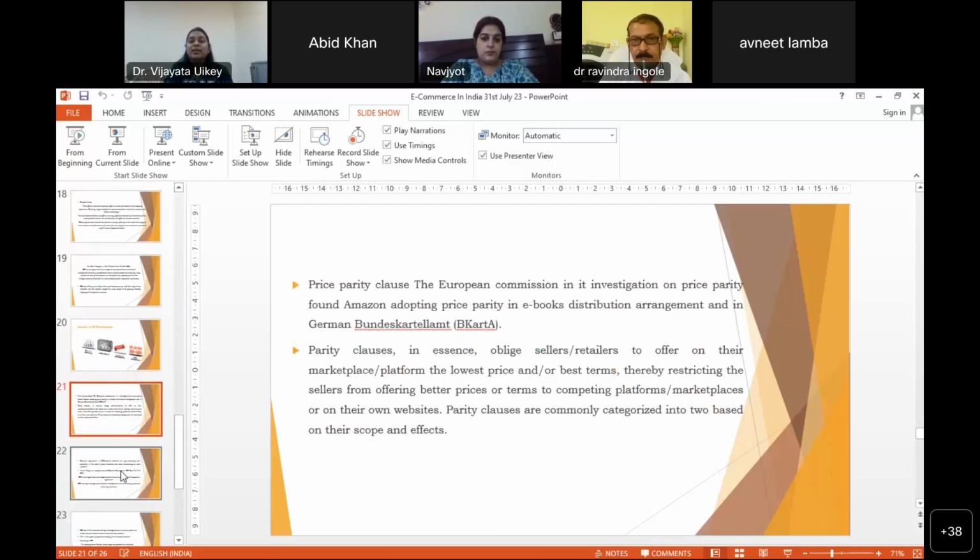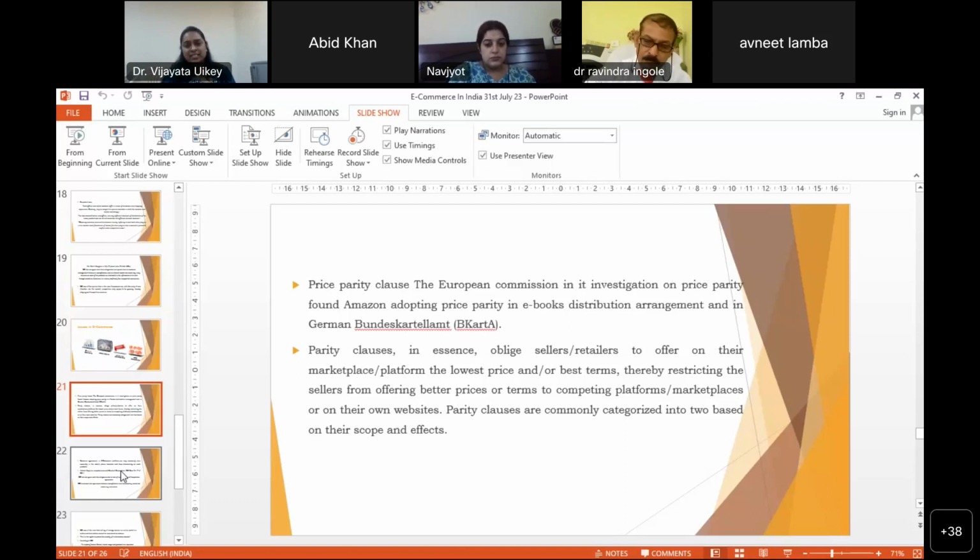Now what is meant by price parity, और price parity क्या होती है? Price parity clause is a very important, ये समझना बहुत जरूरी है। प्राइस पैरिटी इज वेरी विजिबल टू यू। आप अभी जब इसकी डेफिनेशन देखोगे, आपको समझ में आएगा कि अलग अलग प्लेटफॉर्म में ये ह्यूज डिफरेंसेस ऑफ प्राइस कैसे हैं।